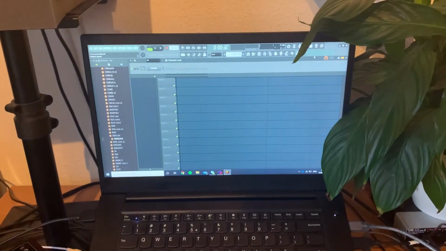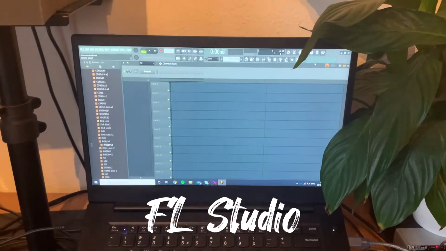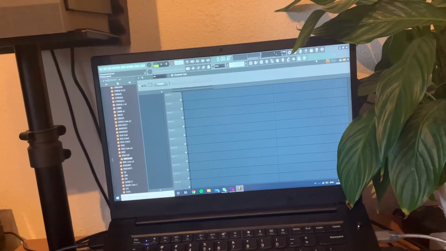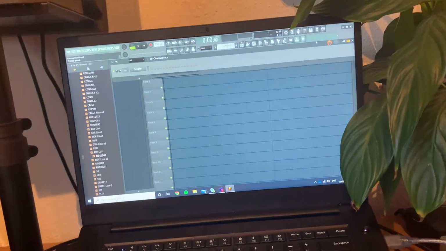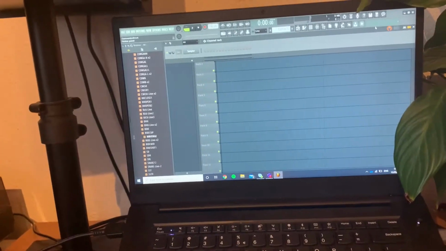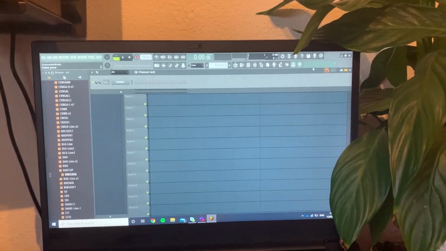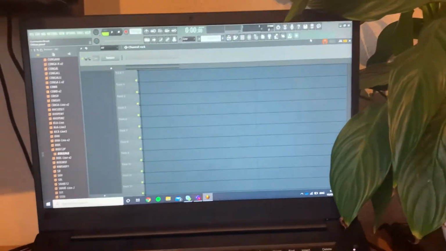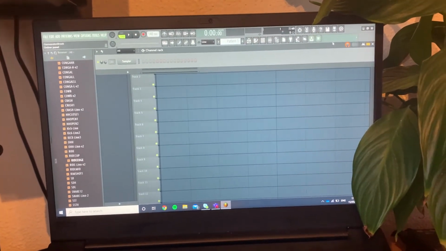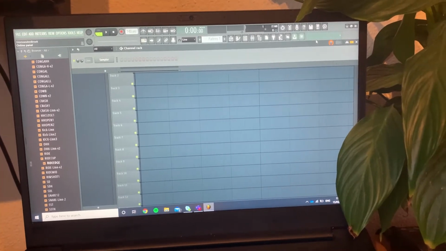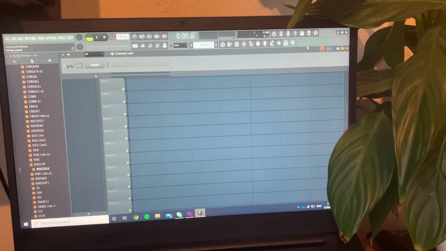So I started out with FL Studio. I downloaded this program when I was 14 because I knew some other producers that made hip-hop beats worked with this program. One of my biggest inspirations was Dr. Dre, and I also wanted to make hip-hop beats. So that's how I started out, with just learning this program and getting to know what all the knobs are for and how you can use it to make different sounds.